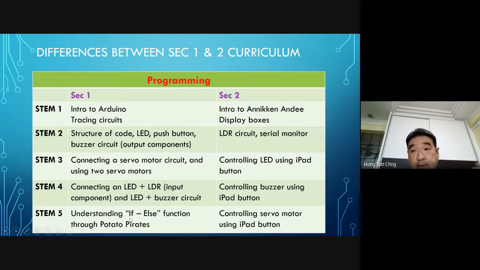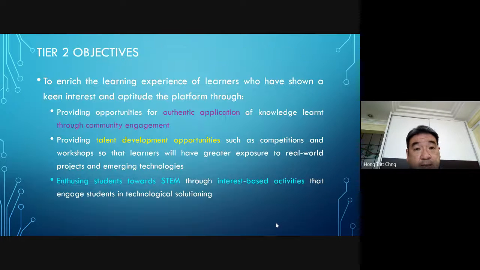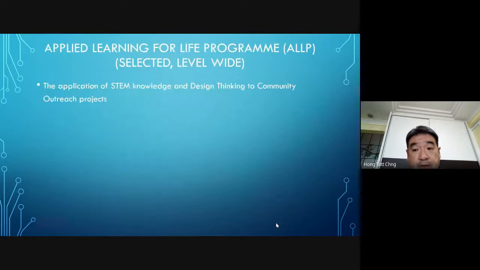Brightness will trigger your LED or your light to turn on or off. But in the Sec 2 curriculum, it is the iPad that will control your LED to turn on and off through the Arduino circuits. They're all using Arduino circuits. Right, so you can see from here,